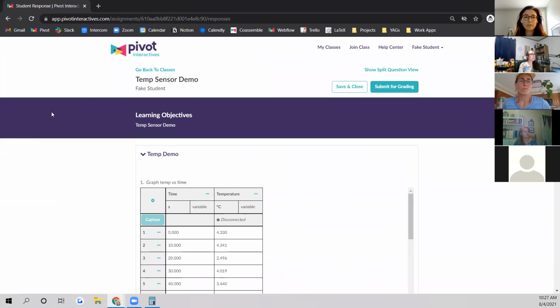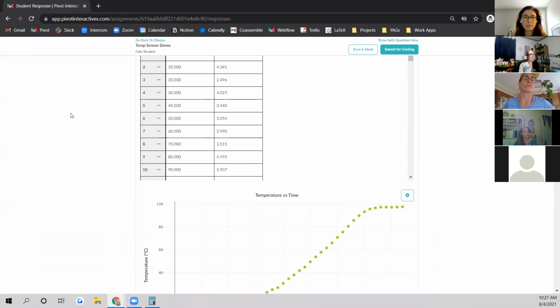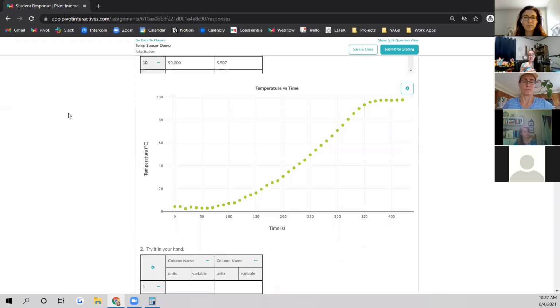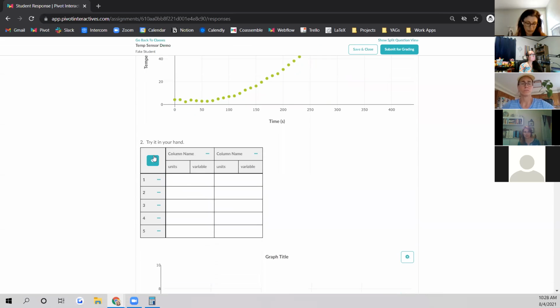Okay, so I'm inside of a student demo, and I actually did a little activity inside my kitchen. I took some ice and I melted it, and I connected this temperature sensor to my computer, and I was able to get a temperature curve for the melting of ice. So just to show you how I did this, I'm going to do one right now, just using the temperature probe in my hand. I'm going to let it sit on the table so that it's not the temperature of me yet. And we're going to connect a Bluetooth sensor so we can take live sensor readings inside of Pivot